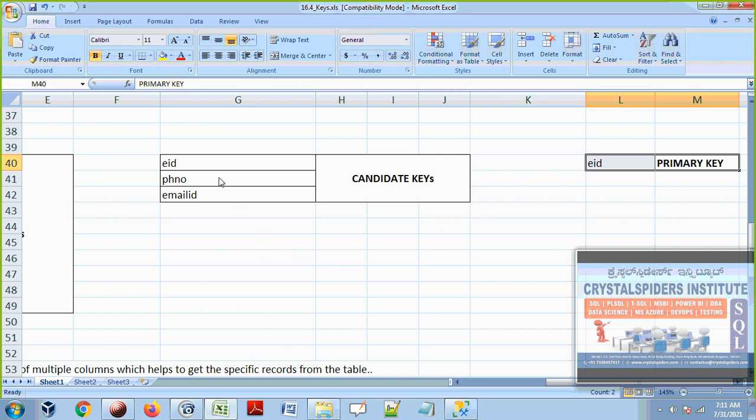These are the reasons to select employee ID as the primary key. The first reason is that this is an integer column, so employee IDs will store all the numbers. The second reason is that every employee should have one ID. There is no way to say that some employees don't have an employee ID. Every employee should have one ID. That means there is no chance of having nulls in this employee ID column.